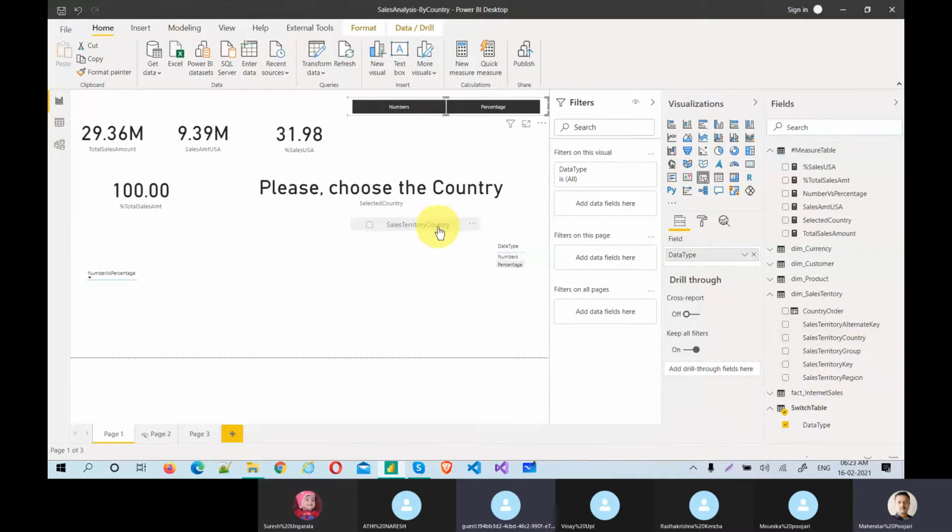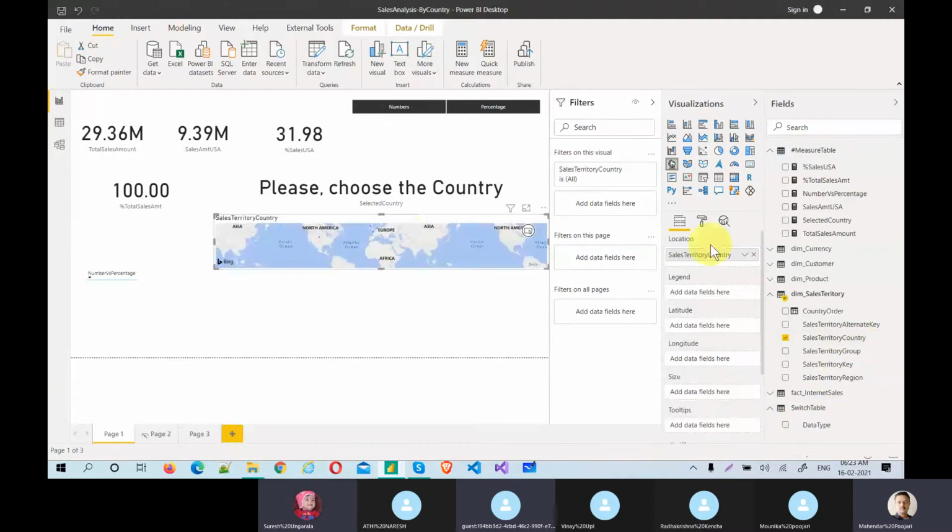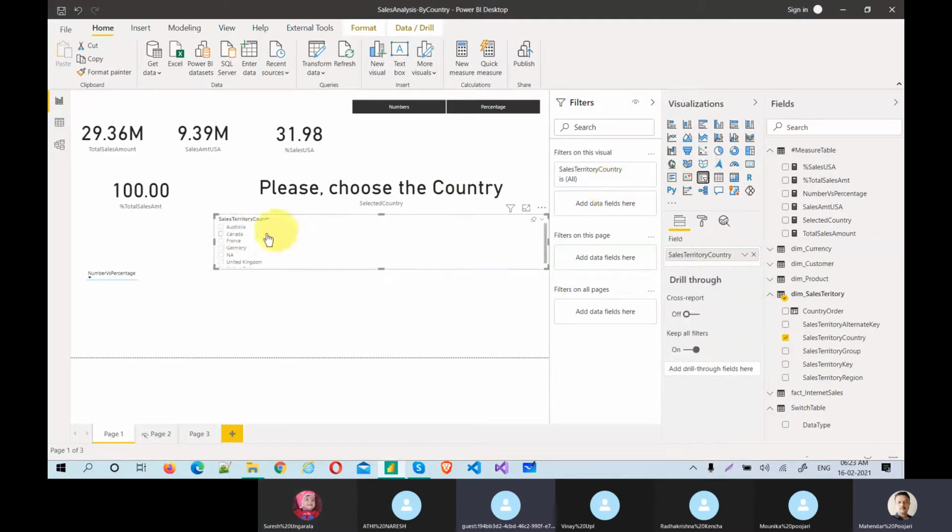Okay, now choose this as a filter. There is the slicer. The size and all we'll do later, but yeah.